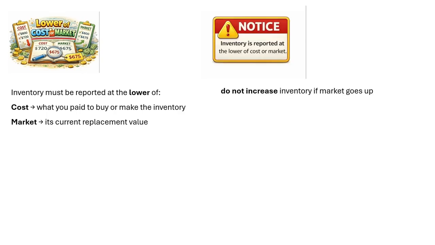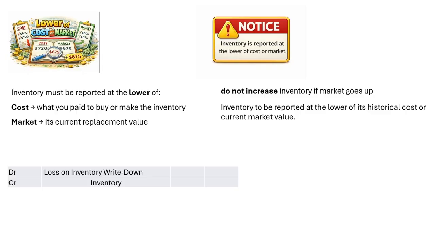Notice when the market price is higher, we don't increase our prices. Our concern is what happens if the market price goes down. Inventory is reported at the lower of historical cost and current market value, not the higher. When we reduce the cost of our inventory, we debit loss on inventory write-down and credit inventory. Inventory will be less on the balance sheet, and the loss on inventory write-down will go to the income statement